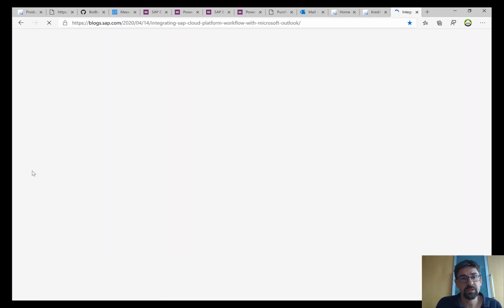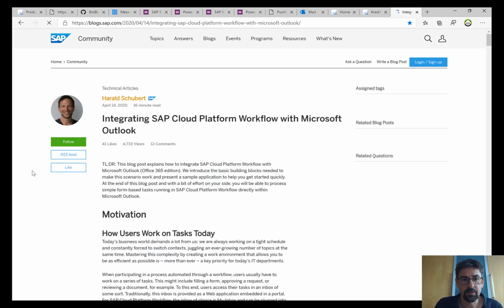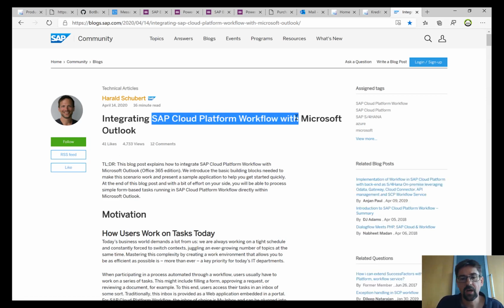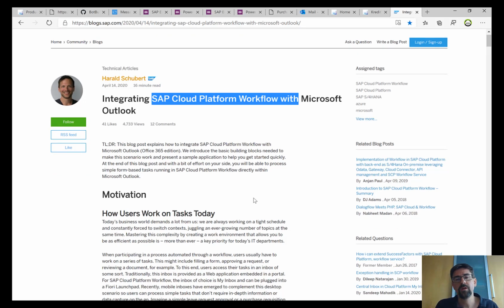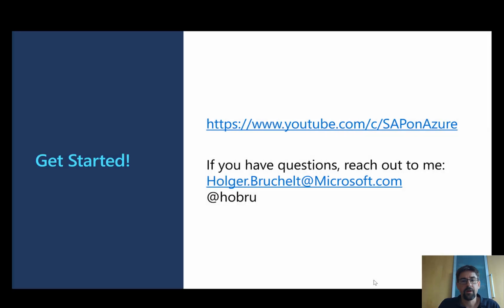If you're interested in this one, I can really only recommend checking out Harald's blog about the integration of SAP Cloud Platform workflow services with Microsoft Outlook. It's fairly straightforward, and it's really a powerful scenario from my point of view that shows how SAP and Microsoft can beautifully work together. With this, let me actually finish this off.